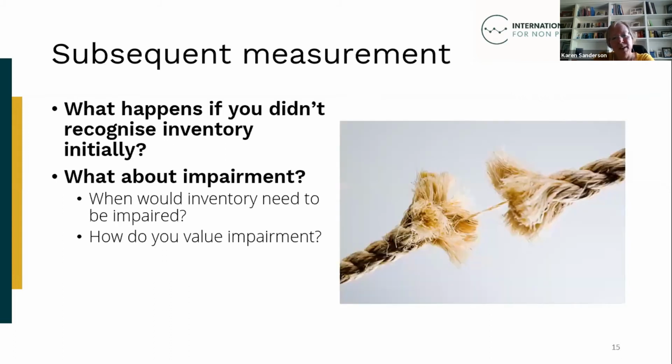But after an asset has been initially received, its value might change, and there is a need to subsequently measure it. Determining subsequent values for types of inventory, whether this value derives from sales or distribution or use of that asset, still might be challenging. Under international accounting frameworks, inventory is subsequently measured to ensure that its carrying value does not exceed the value that can be attained from the inventory.